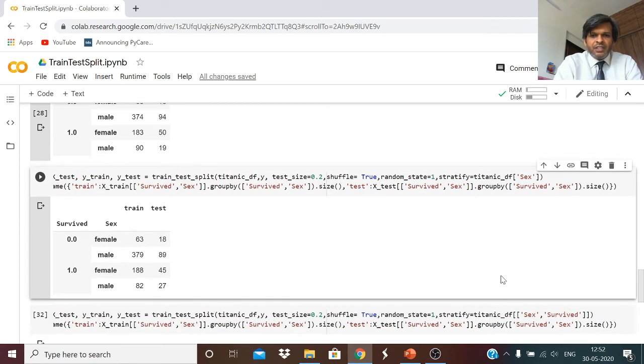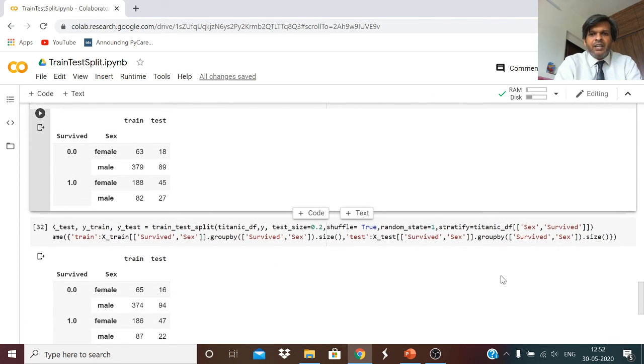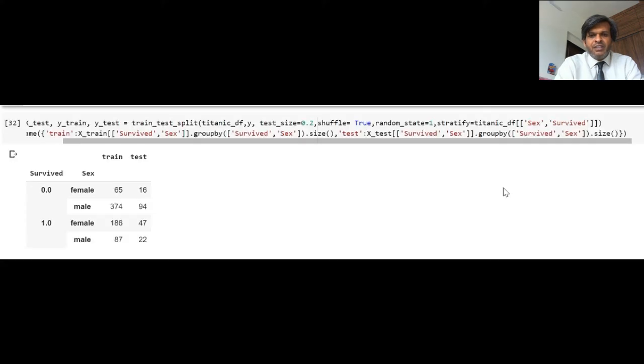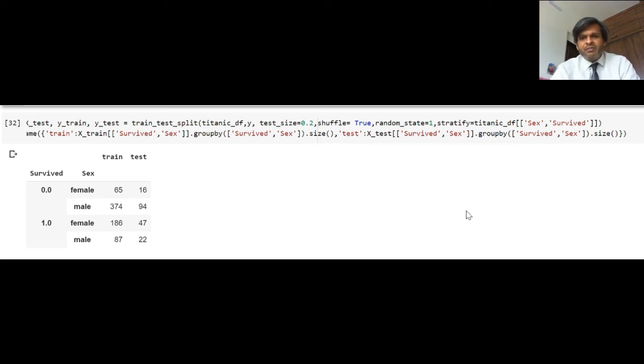Now let's go a step ahead and do the same stratification using two columns. I've updated the code to specify two columns. Earlier we had sex, now I have put sex and survived. So now the shuffling and stratification will be done on these two columns, looking at the values and class.